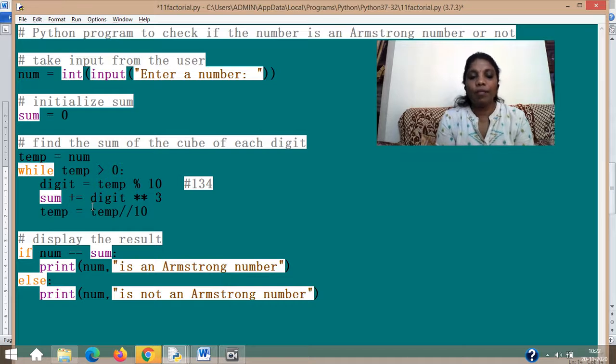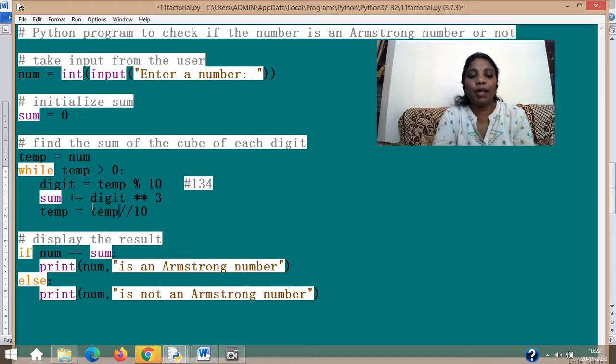Okay, so 1 went to temp, and again the loop continues. 1 greater than 0, the condition is still satisfied. You come inside, 1 percentage 10, which you cannot divide, that division is not possible. When division is not possible, in basic maths that 1 itself is the remainder. That means 1 will become the remainder. On the top you will get 0. That is, the quotient will be 0 and 1 will be the remainder. That is basic maths which you might have forgotten, so you have to understand.